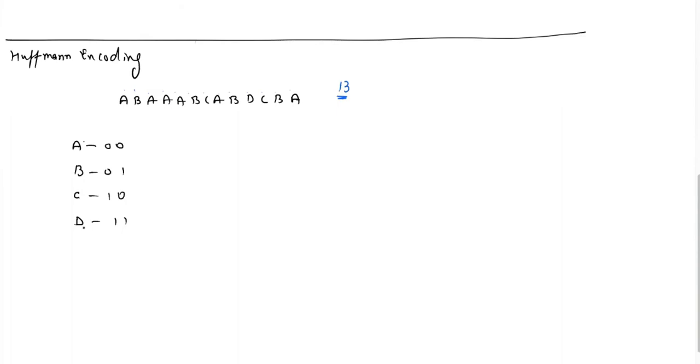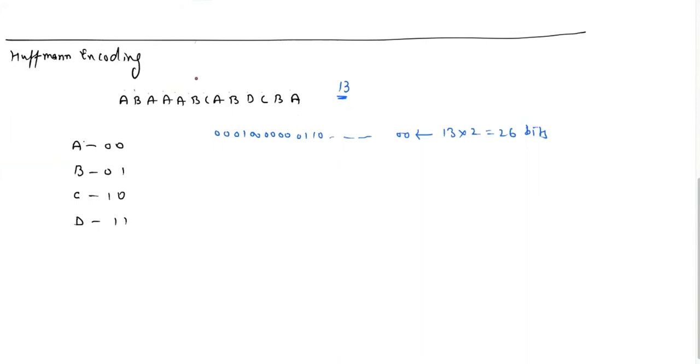So if we provide codes like this, then the file will be 0, 0, 0, 1, 0, 0, 0, 0, 0, 0, 1, 1, 0, like this. At the end, we have 0, 0. This will be the file. What will be the size of this file? The size of this file will be 13 into 2, that is 26 bits. Can we provide the codes in a way such that the size of this file is reduced, so that we don't have to use these 26 bits? Can we represent the same file in a lesser number of bits?